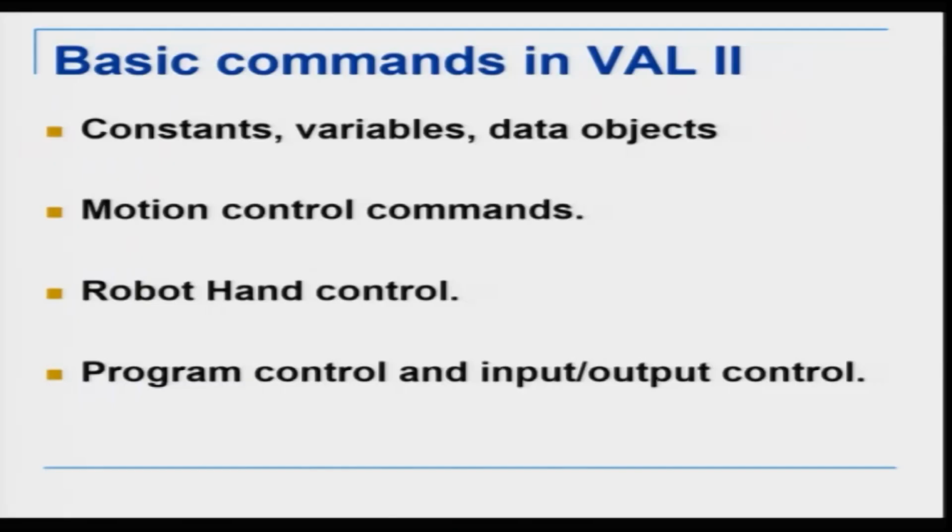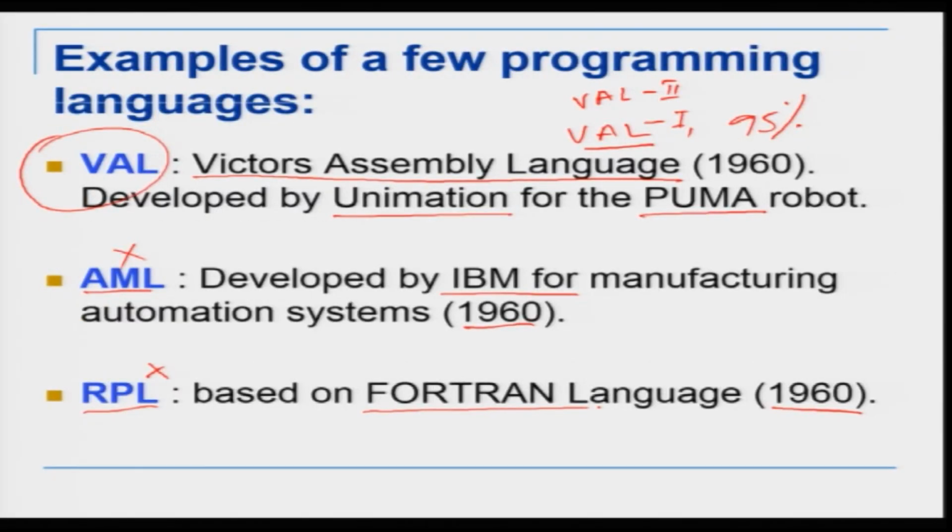Something to remember here is that the base language of Victor's assembly language is BASIC. You might have studied what is BASIC language, and BASIC is one of the earliest and the simplest ways of writing a program. How we write a program in BASIC is we have a line number, then we have a command, then we have another line number, then we have another command, and this is the way we write BASIC. So, the structure of VAL language is very similar to BASIC language,